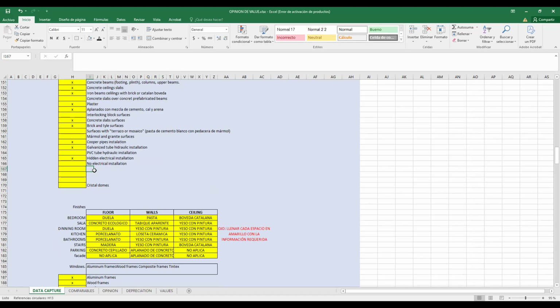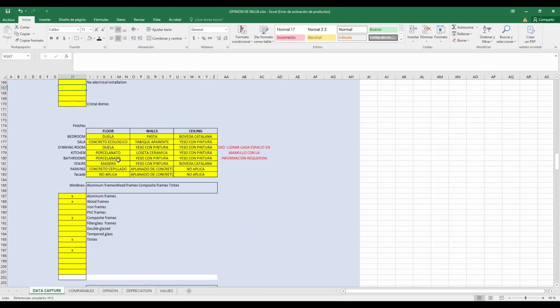The domes, the brick domes. Cúpula. Cupola. Brick domes. There's actually a difference between a brick dome and a cupola. Okay. You can write here in selected.